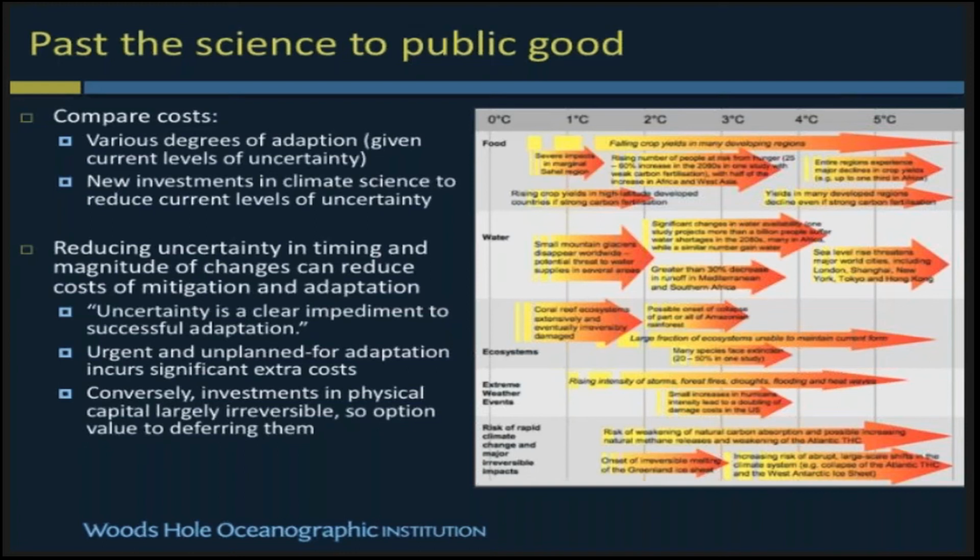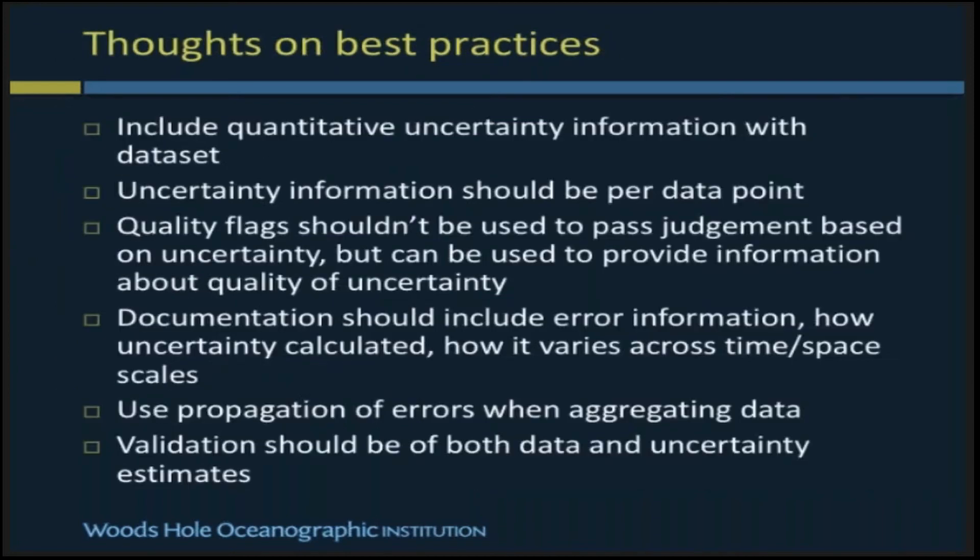Because of all that uncertainty, when I go talk to companies and when I go to DC and talk with people, one of the things that I like to talk about is the fact that that uncertainty costs us a great deal of money. Okay, because uncertainty is a clear impediment to successful adaptation, a quote from the Stern Review. If you have urgent and unplanned for adaptation, that's very expensive. But if you do adaptation too soon, if you invest in assets too soon, that's also economically bad. So one of the things that we can talk about is you can now start to relate what your economic advantage is by talking about what is the uncertainty costing us. So this is what I'm going to talk about in the